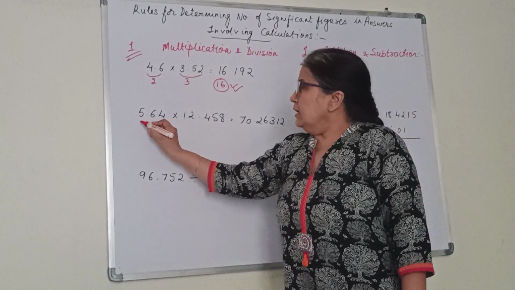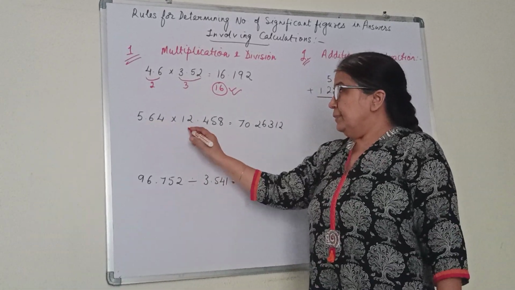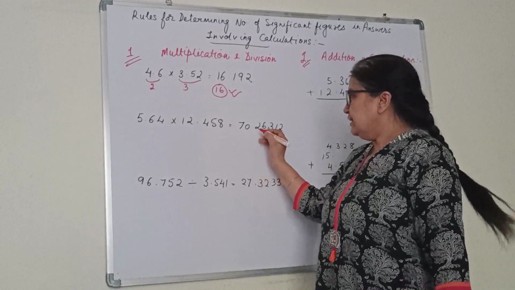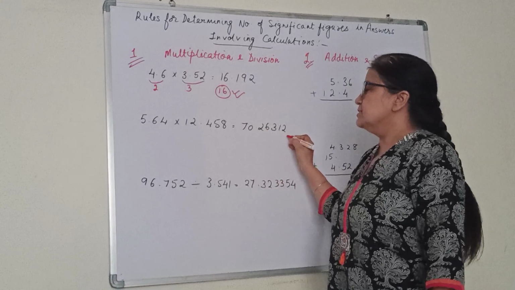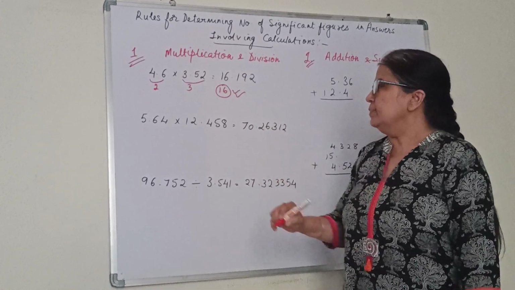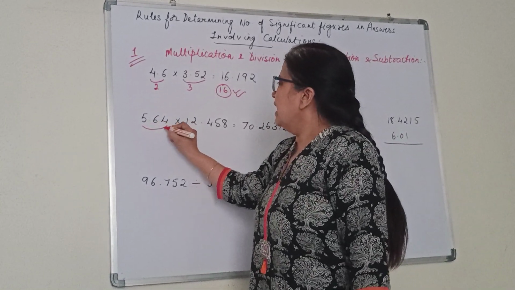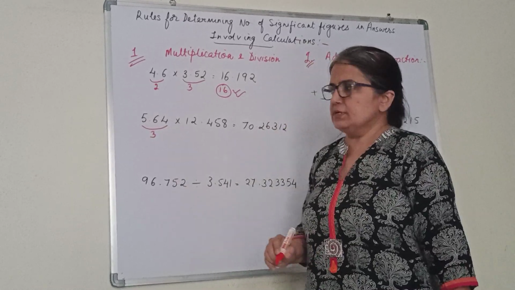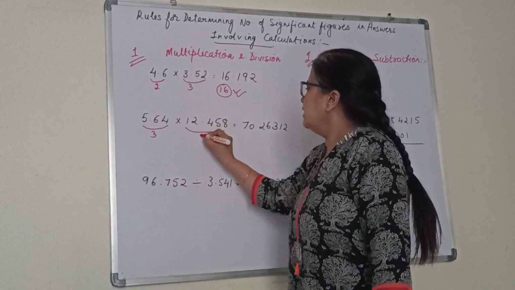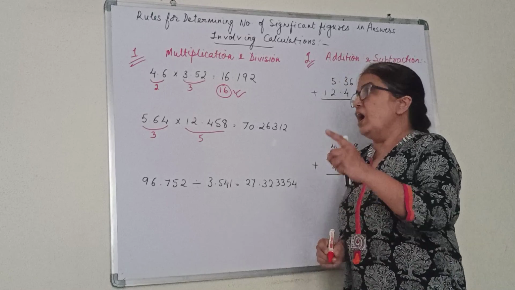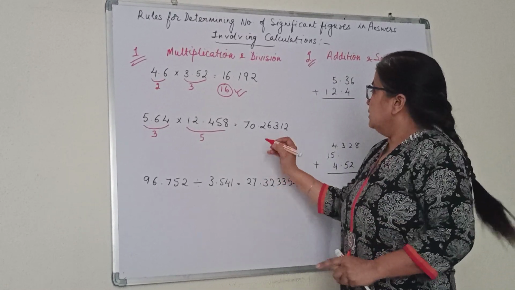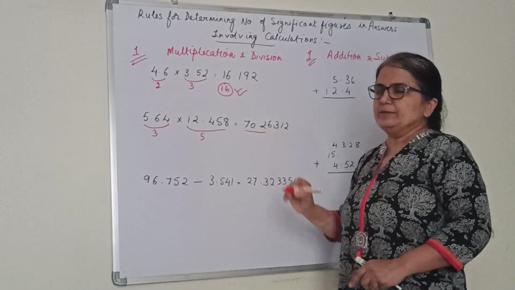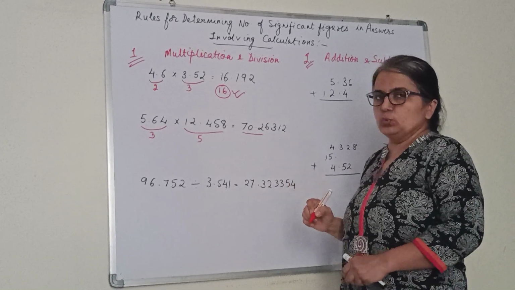Now, in this we are getting a big number when it is multiplied. I have multiplied already and written it just to explain. This is the answer you are getting by multiplying them. Let us see. This one has 3 significant figures. This one has 5 significant figures. So our answer should have 3 significant figures. Now 3 significant figures means till here, that is 70.2.